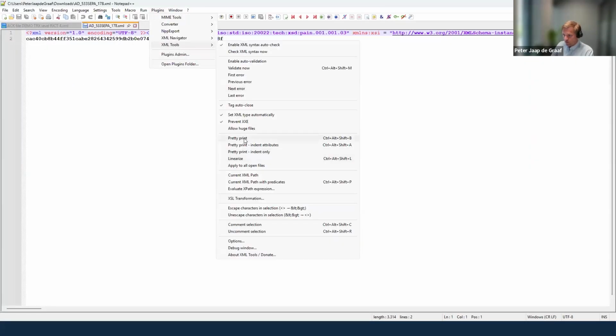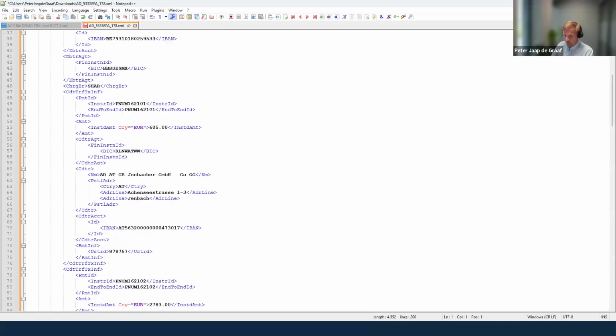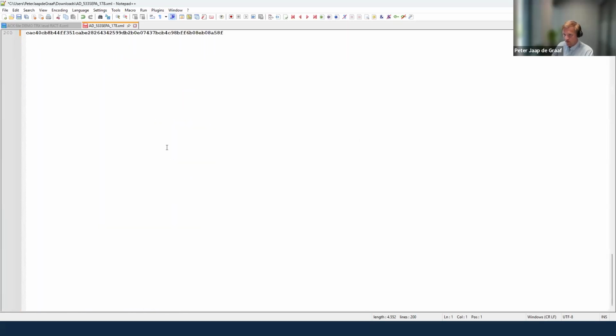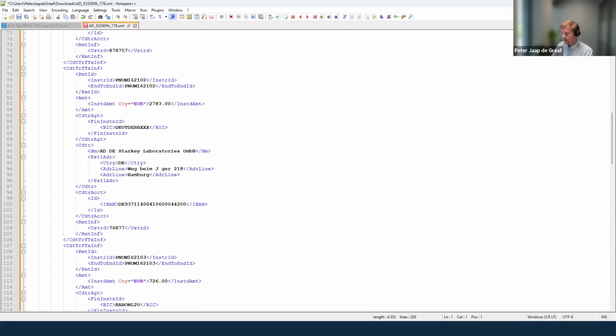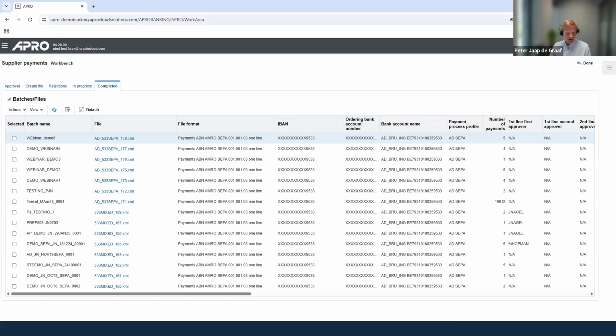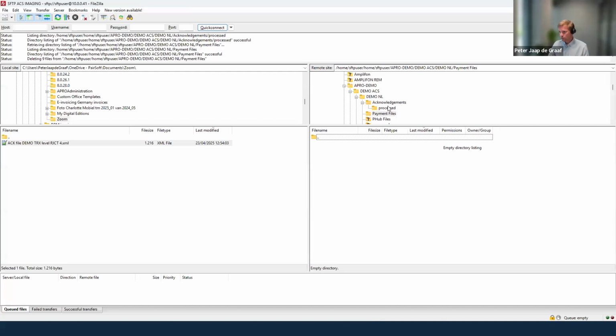And all the information is now within this payment file. So everything is included and it's automatically sent to the bank. So how does that look? Well, I don't have a bank connection, of course, within my test environment. But if I go to